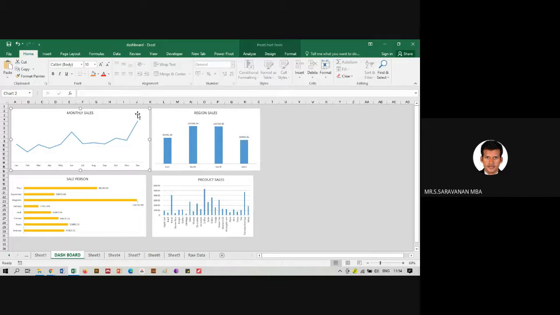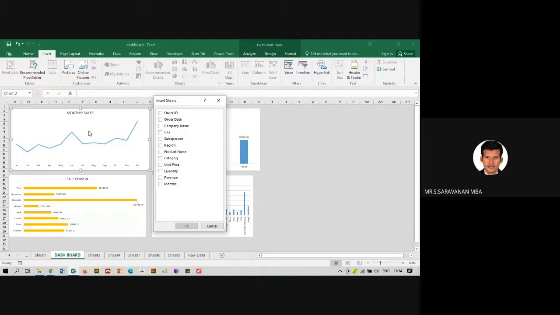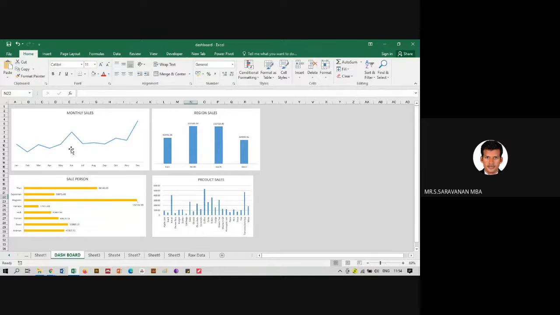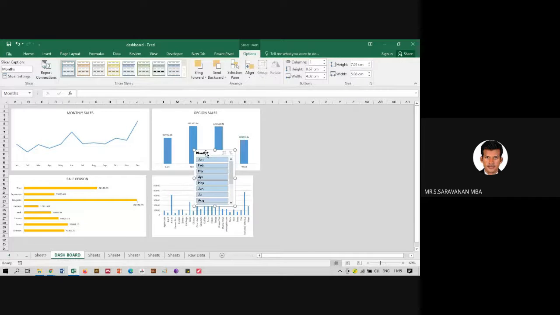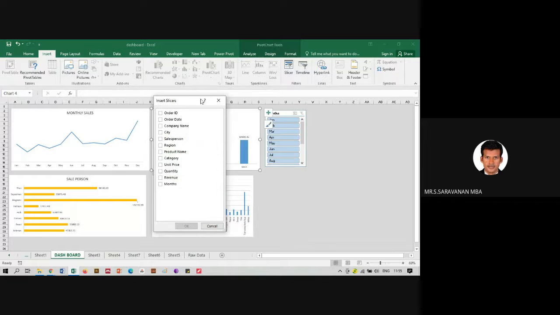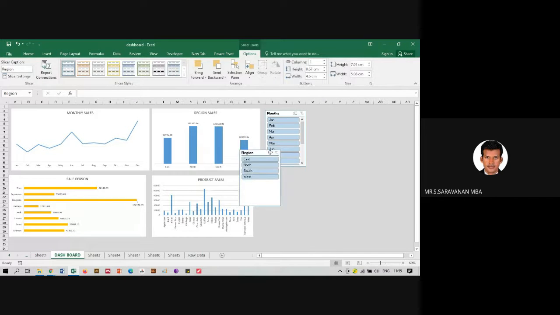Okay, so click on the first one, sales, go to insert, slicer. So what is this? Monthly sales. So you will take revenue. So you want monthly sales, go to insert, slicer, whether monthly. Okay, month wise you got information. Then we have regional sales. Go to click that, insert, slicer. This is region wise sales. So click region. Okay. We have region wise.